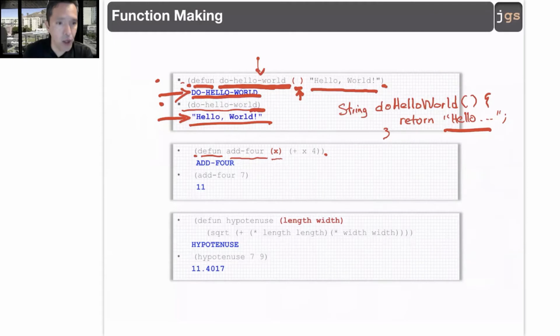And the body for the function. The body, an addition, I am adding 4 to whatever I receive as a parameter. This one in Java, well, name for the function, one parameter,